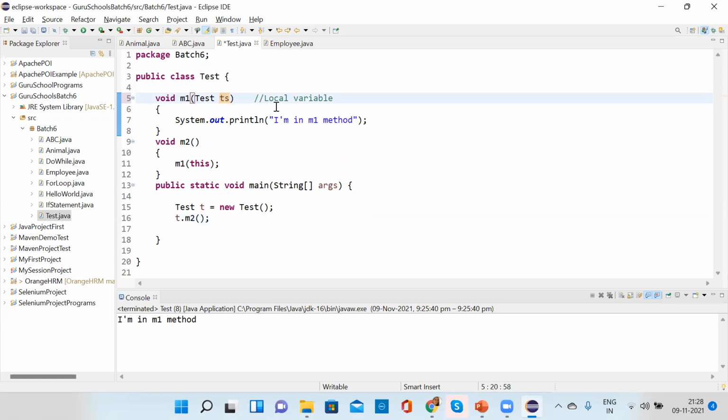So we are just passing a variable of a class so that we can use this keyword, not this variable. Sorry, this keyword. Yeah, maybe it's a syntax. If you want to use this keyword, use the test variable as an argument. Correct, now you got it. So this keyword can be used as a test variable, as a test class variable. It's somewhat like a local variable. You got that point?